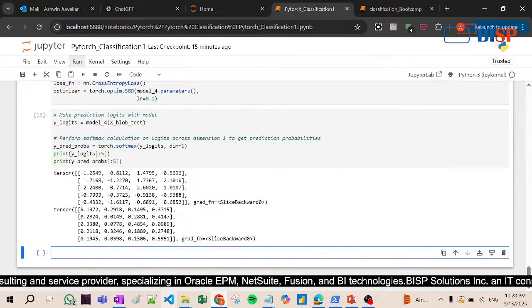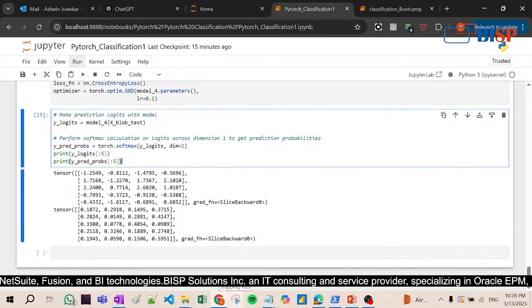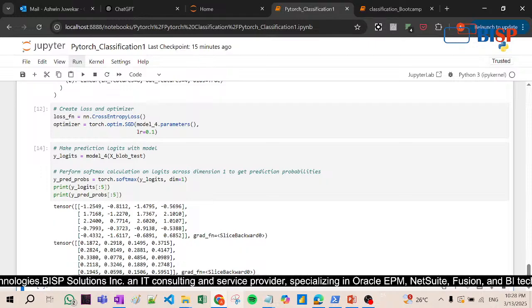Now see here, Y logits, model 4, and perform the softmax calculation. So Y prediction probabilities, right? The prediction probabilities are this. After this, if you see again,